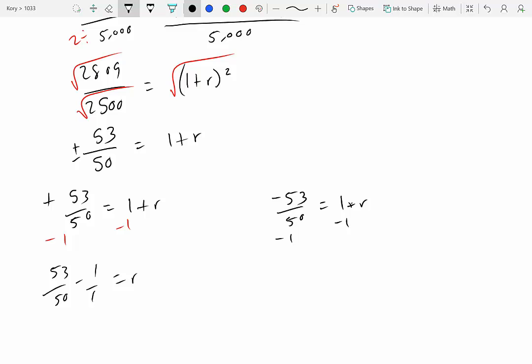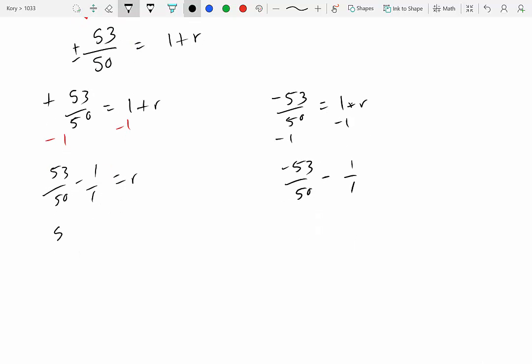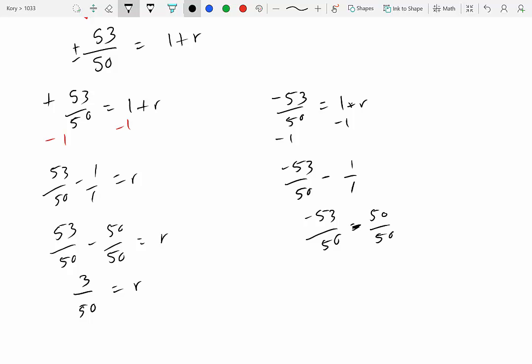So we have negative 53 over 50 minus 1 over 1. We're going to change 1 over 1 to 50 over 50. So we have 53 over 50 minus 50 over 50. So we have 3 over 50 equals r. And then we have negative 53 over 50 minus 50 over 50. So that leaves us with negative